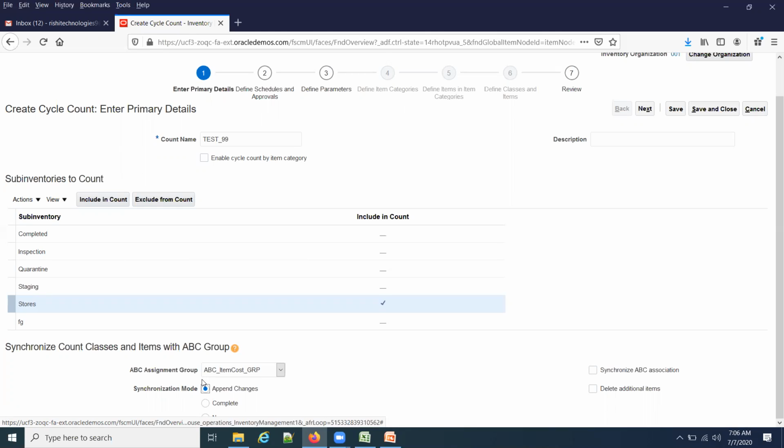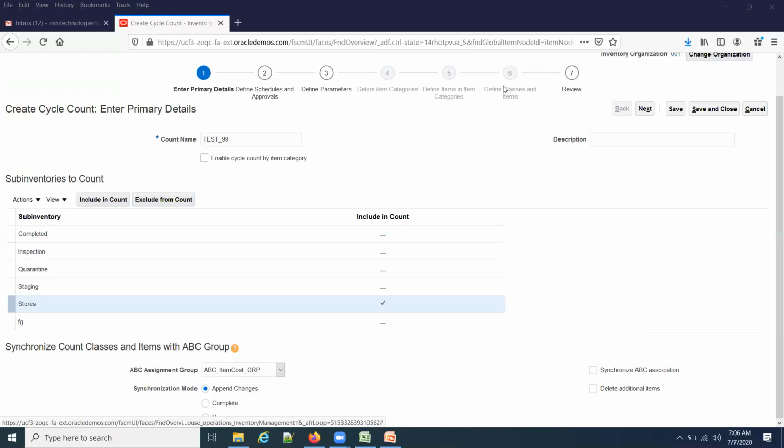So my process is running on. Maybe after some days I made some changes. Maybe I added new items, or I want to delete some existing items. If I make any changes in my ABC assignment, what will happen to my cycle counting? Because my cycle counting also references the same group, right? So if you want to import those changes from your ABC, you go for append changes.